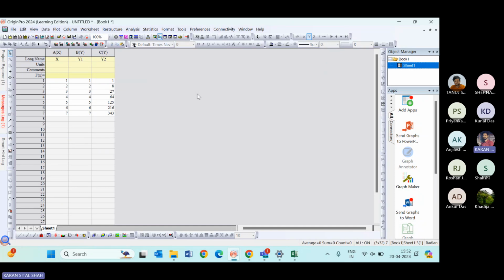So I have some data. I have x and y1 and y2, just some dummy data. Now I want y1 on my left y axis and y2 on the right. So for doing that,